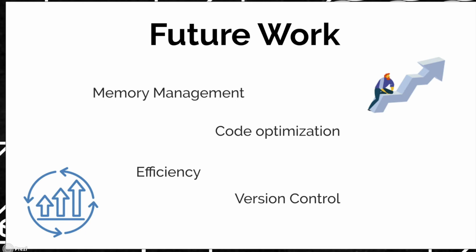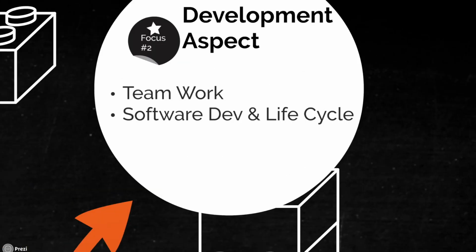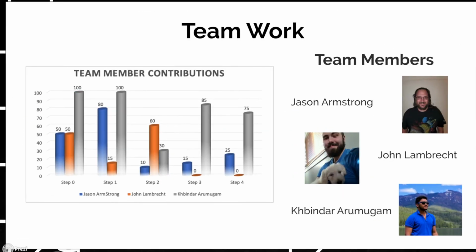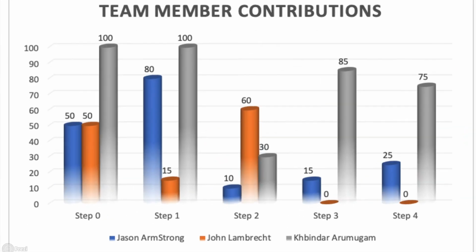Here we will talk about the development aspects of the project, namely how the team worked together and the software development lifecycle. For a broad overview of our team, we started with the 2 team members, number 1 and number 2, and increased to 3 after Step 1. Therefore, we show 200% for Steps 0 and 1, since member number 3 was working on the project solo prior to joining us. Gaining member number 3 worked out incredibly well, since one of the original team members, member number